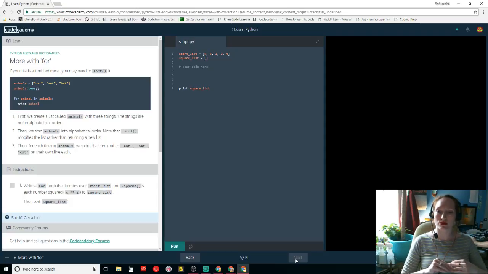Note that the sort function modifies the list rather than returning a new list. And for each item in animals, we print them out as ant, bat, cat, each on their own line. Okay.